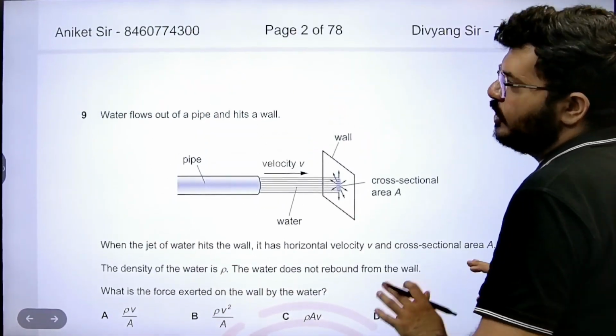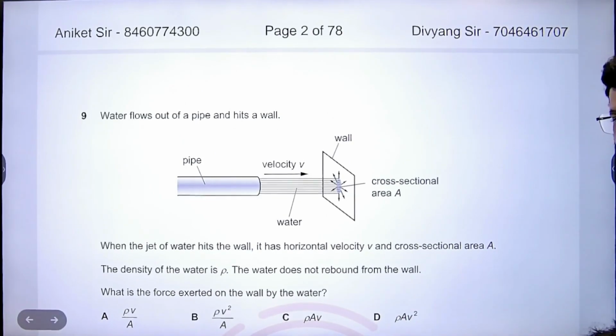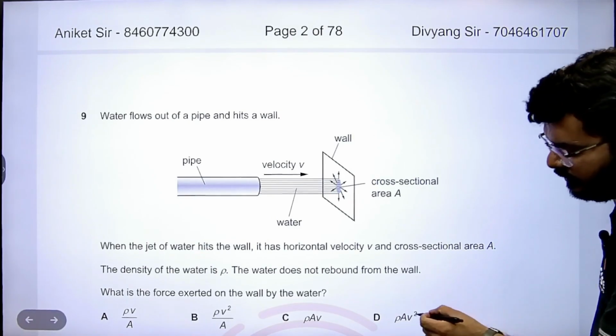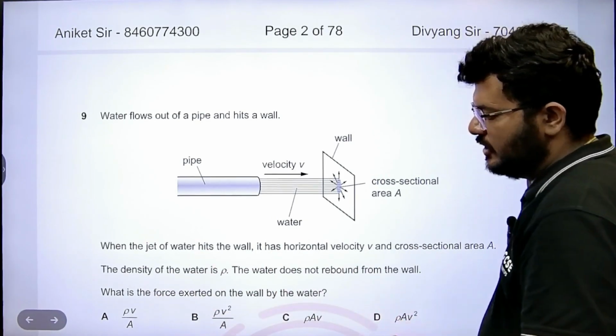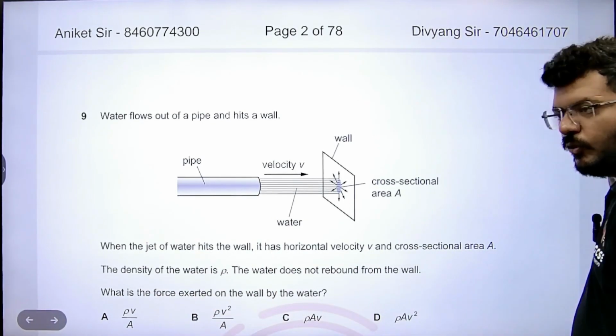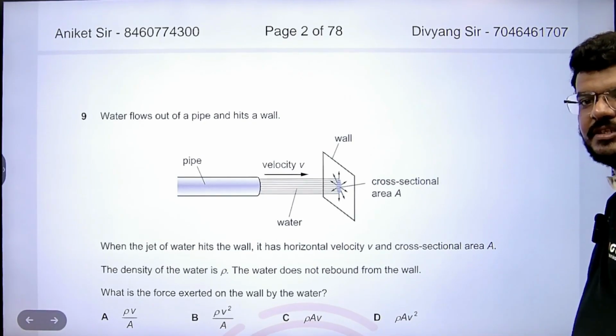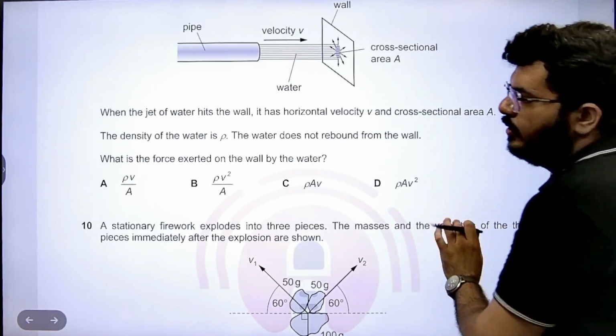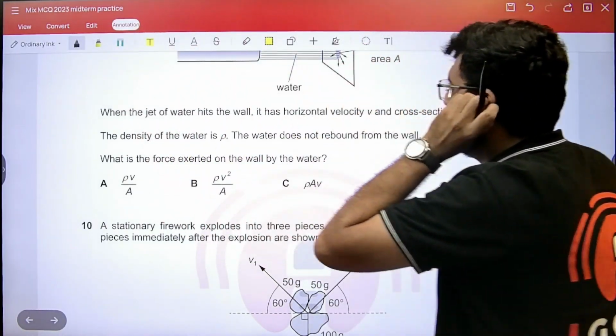See, this question is not about forces, this question is about units. Which of these 4 answers give you the force? We have to see which answer comes out in Newton. Okay, so let's say